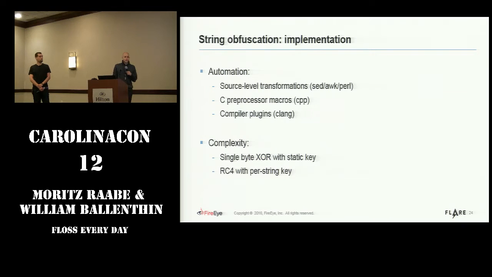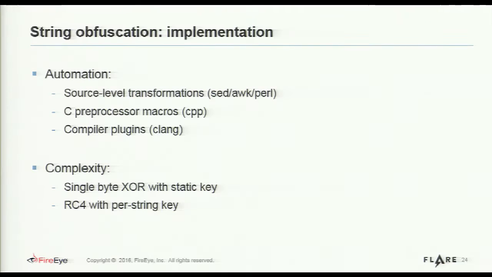There are a bunch of implementations of this. One way, this is for malware authors, is to transform the source code. You can just run something like sed or AWK on it, replace every string from the clear text with the encoded version, and then do something like we just saw in this example. You could also do it at the preprocessor level by using macros, or during compilation time,